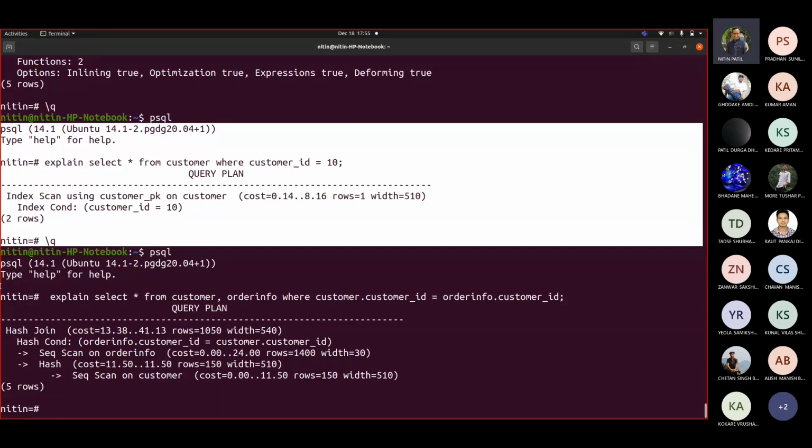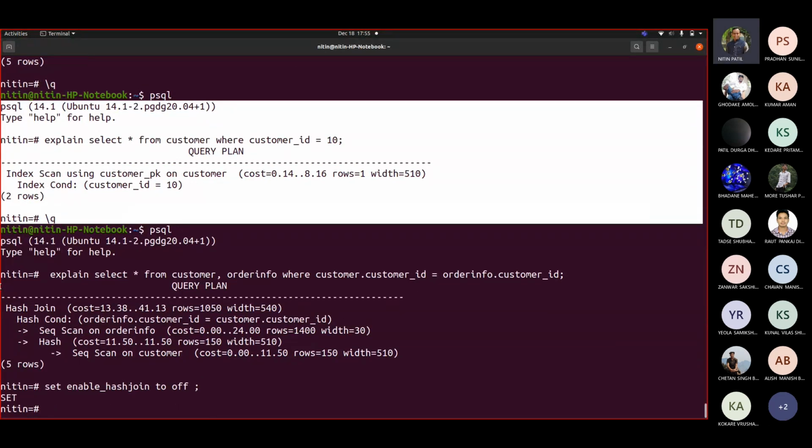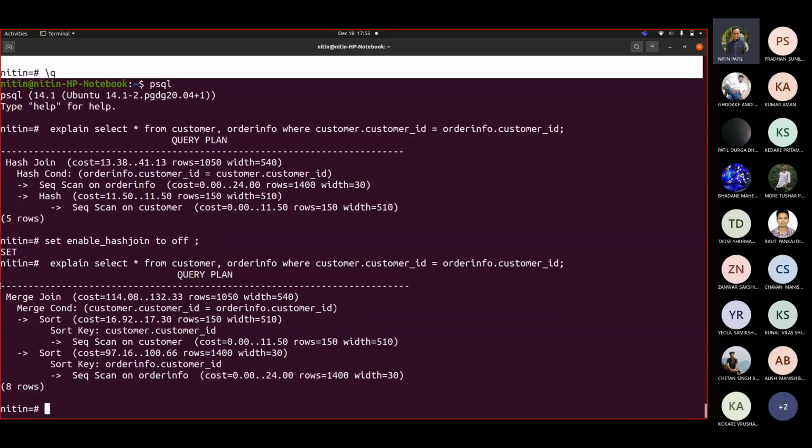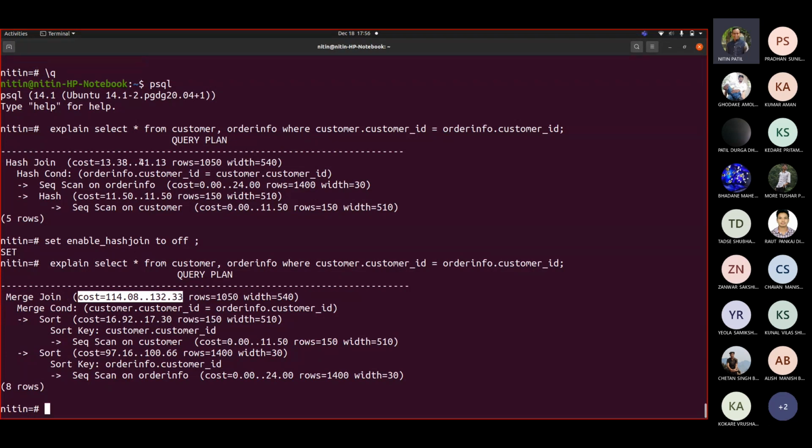So let us disable this: set enable hash join to off. Now see the query. You got merge join. Now see the time taken: 132 and here it was 41.